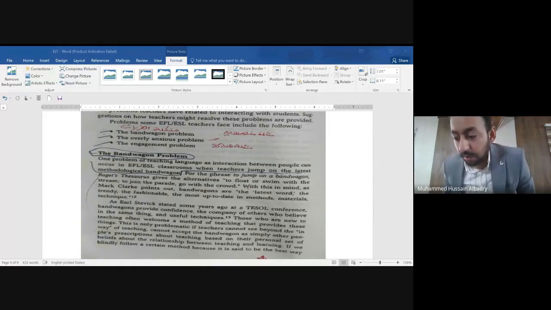It means that the teachers follow suit. Teachers go with the crowd. Follow suit, go with the crowd.